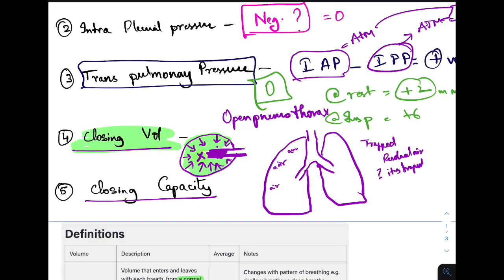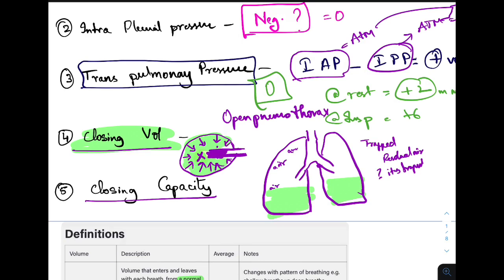The volume at which the first airway closes in the dependent parts of the lungs. This is the dependent part, right? Because the bases are the dependent parts when you are standing, and when you are sleeping, the dependent parts are the posterior surface of the lung, the posterior area. Like that, the volume at which the first airway closes in the dependent part of the lungs, this is called